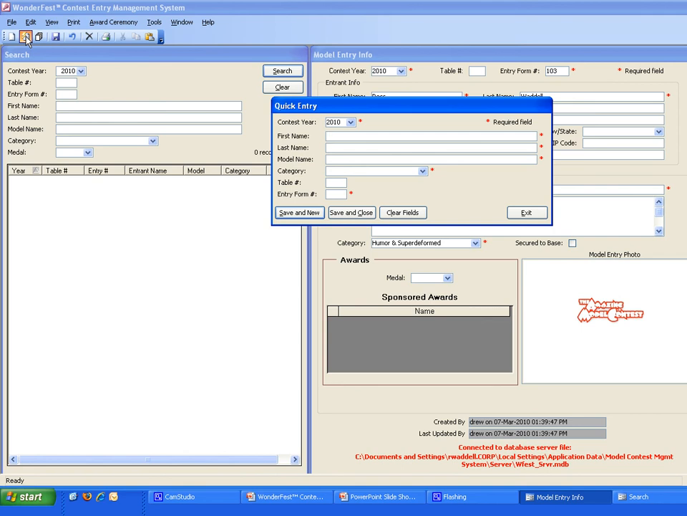You see the S under Save and New, which is the default button because it's highlighted, so you can also just hit Enter. The S has an underscore on it. That means you can use the Alt-S key to activate that function. The button next to it says Save and Close, and the C has an underscore under it, so if you